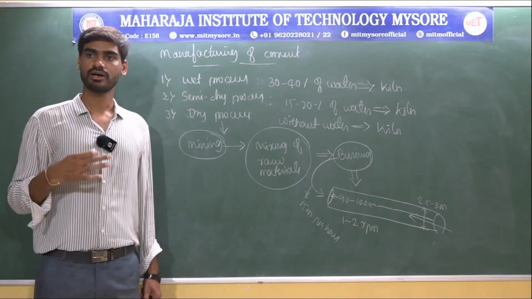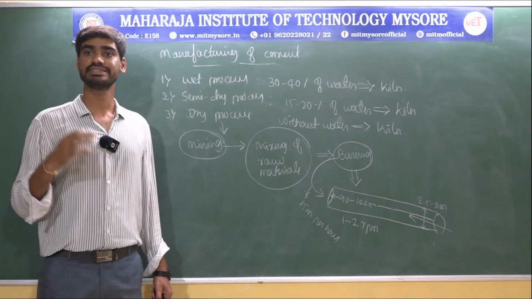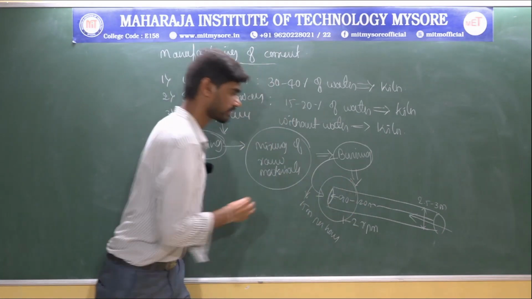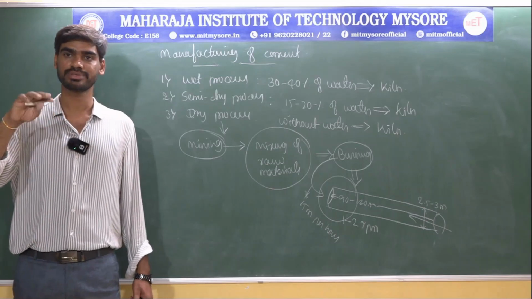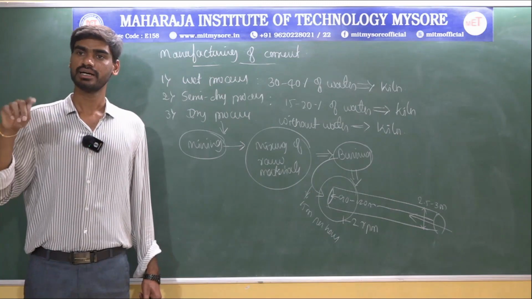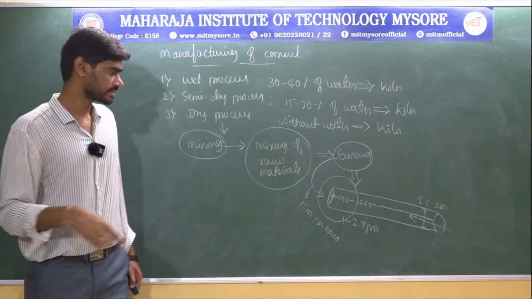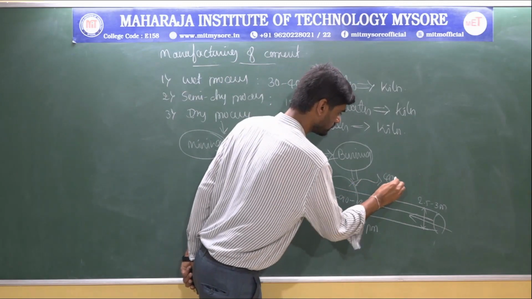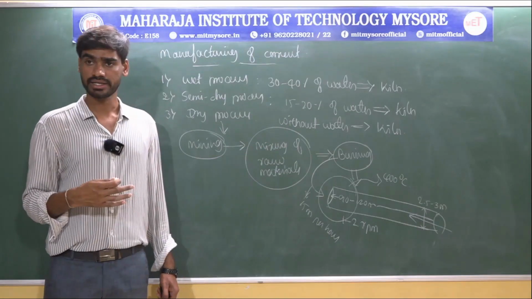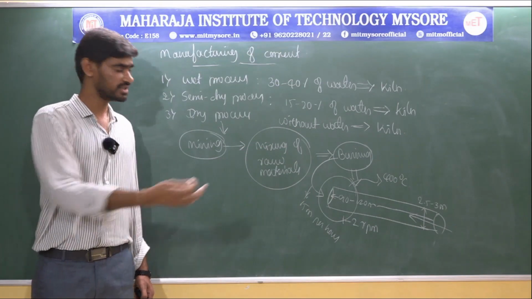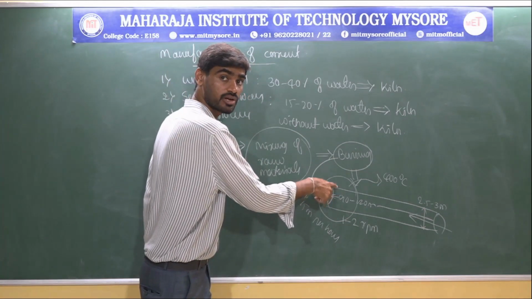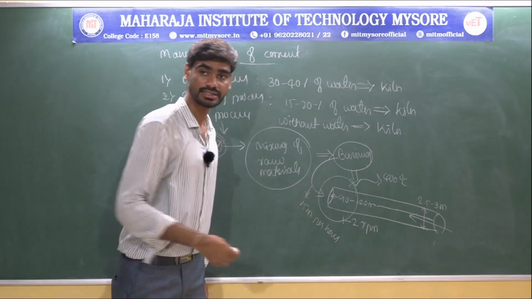Now the water or the moisture content of the raw materials is evaporated at a temperature of about 400 degrees centigrade in this region. That means the moisture content present in the raw materials is removed in the upper region of the kiln by maintaining about 400 degrees centigrade. And then the raw material is moved towards the lower end, right? So this region is also called the dry region, because this is the region where removal of moisture takes place.